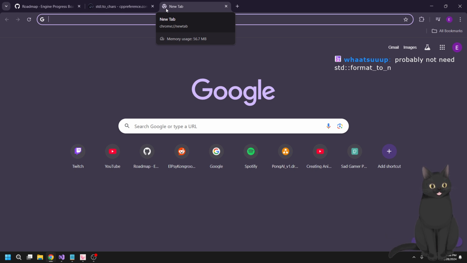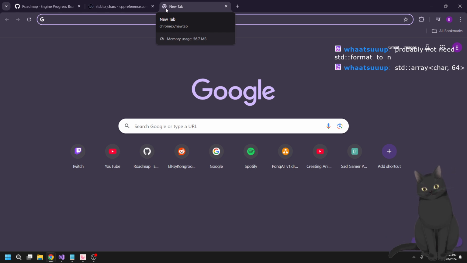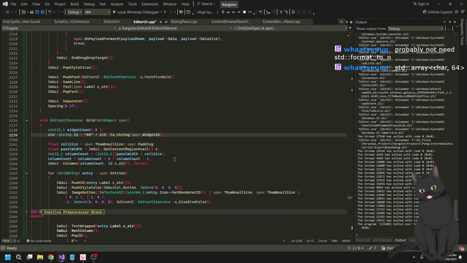Probably don't need std format to N. Oh, just std array of char. Yeah, I got you. Yeah, I suppose. And you say like 64 bytes. Yeah, that's a good point. Yeah, especially too, since